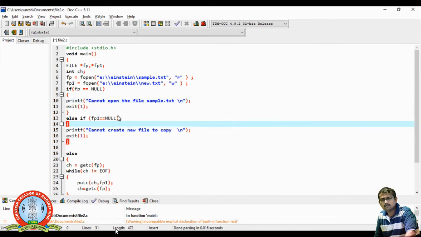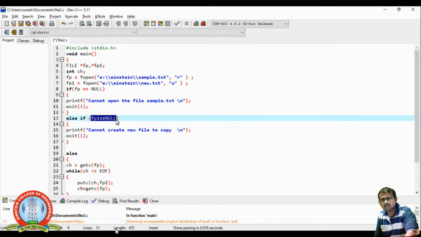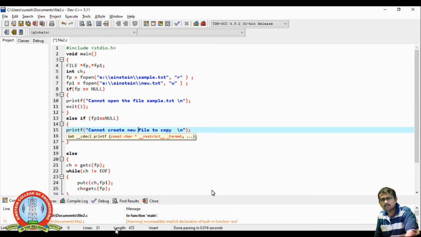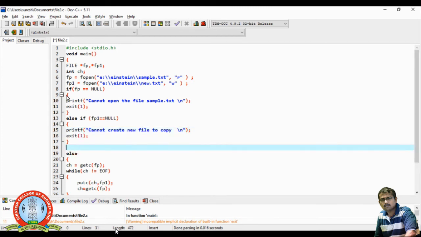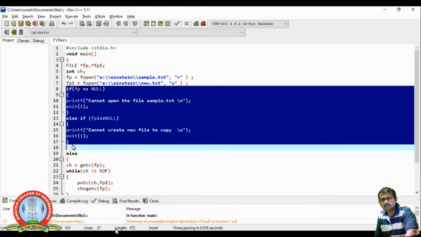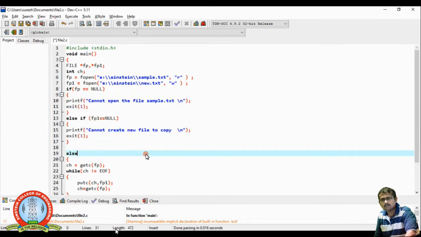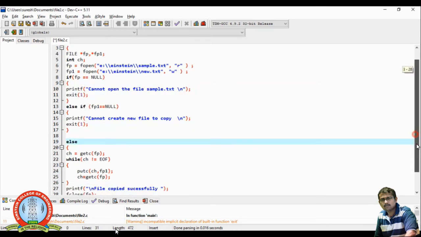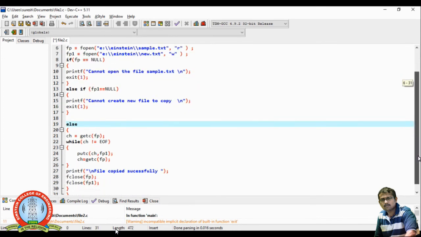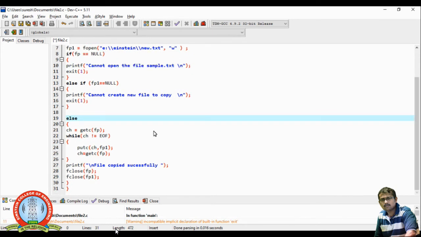If there is a null, then I say that the file cannot be opened. Similarly, in an else if condition, I check whether fp1 is null. It indicates that there may be some problem in creating the file new.txt also. If both conditions fail, it means the files are ready, so we can move on to further operations.